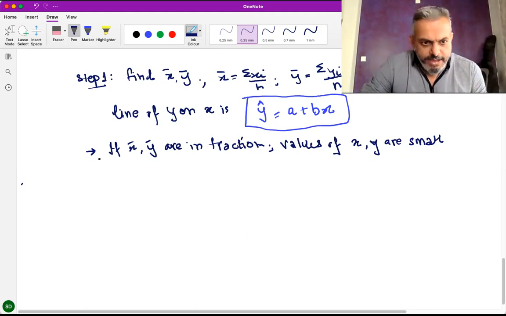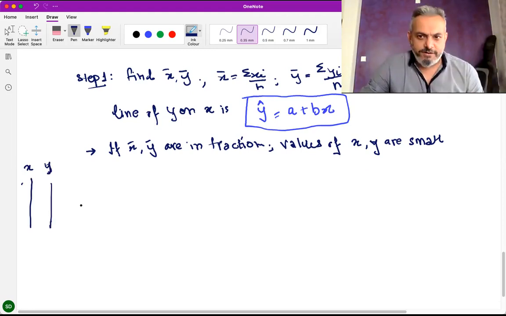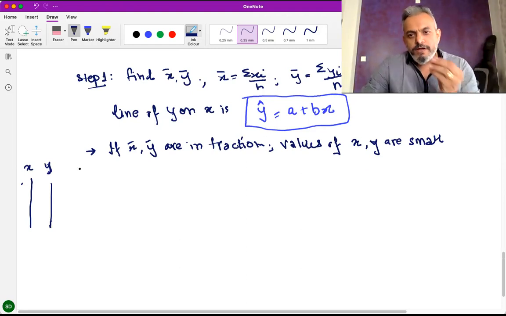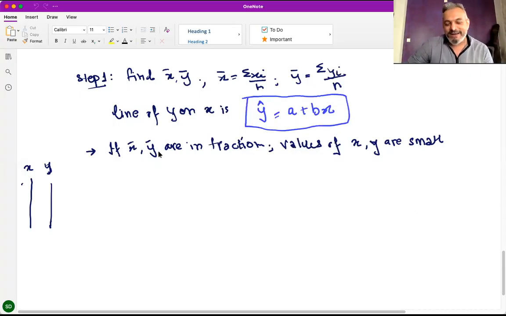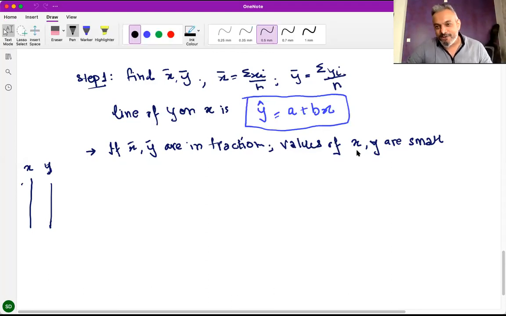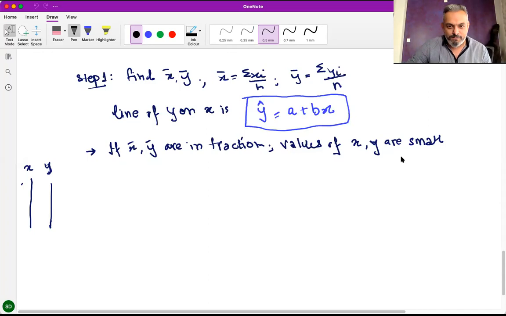Say for example x is given and y is given, x bar, y bar are in fraction, then the values are small, say 1, 2, 5, 10, 15, 18, 17, 20. Generally, those numbers, without a calculator also, you can find the square of it or multiply. Now, if x bar and y bar are in fraction and values of x and y are small,